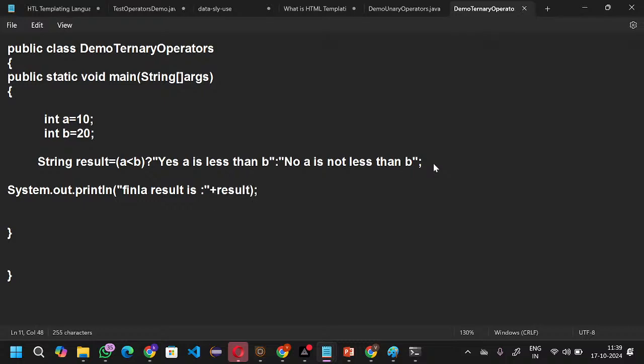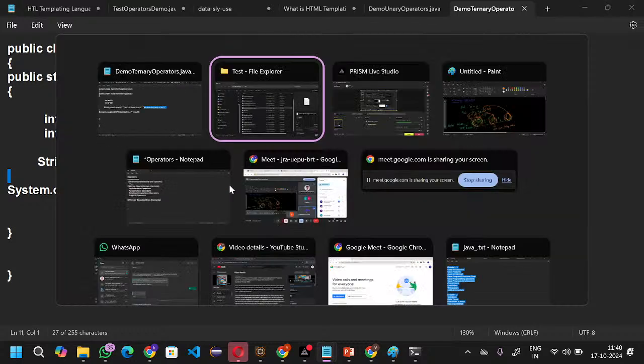Is it clear, guys, what I did? So I am initializing two variables, and here I am using the ternary operator. Ternary operator meaning three values. So initially we will check the condition. If the condition is true, then it will execute this one. If the condition is not true, then it will execute this one. Okay, the same program, I can save the file, and then wherever the file is available, you can go to that file location,